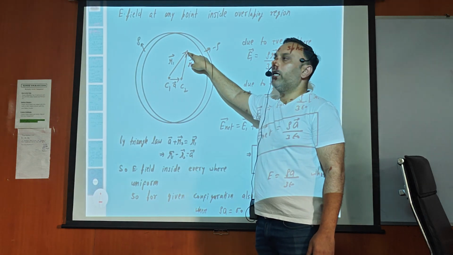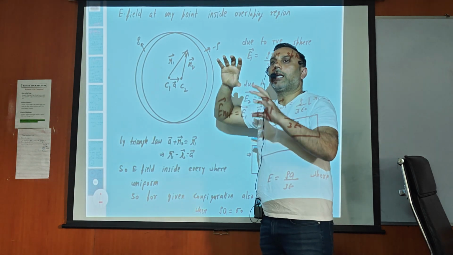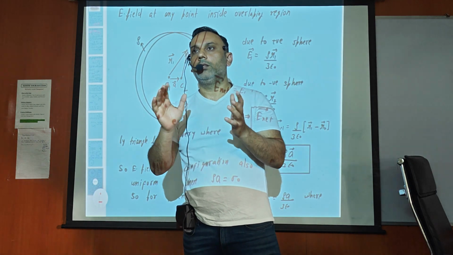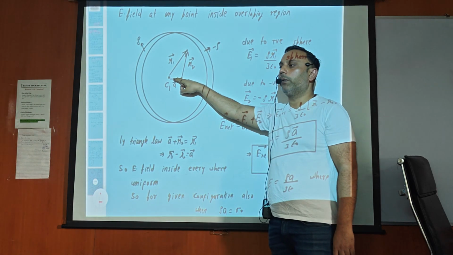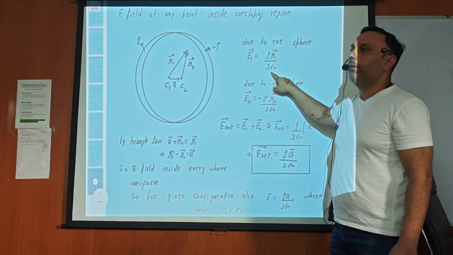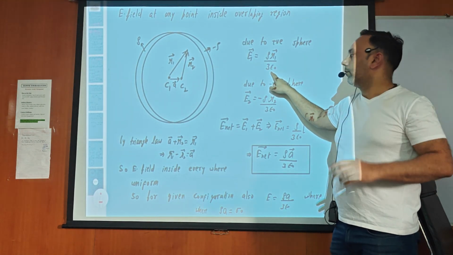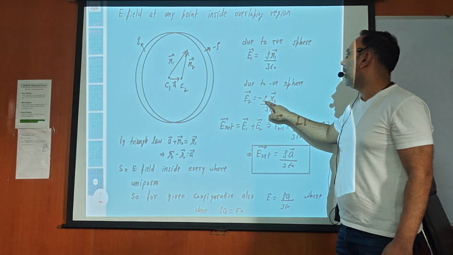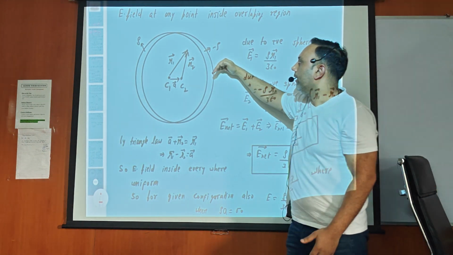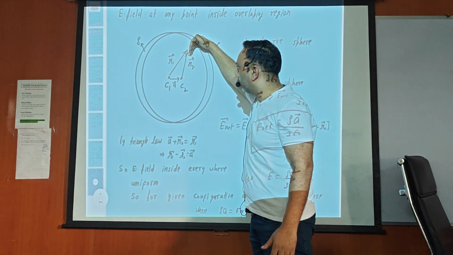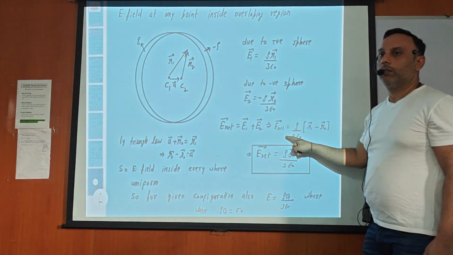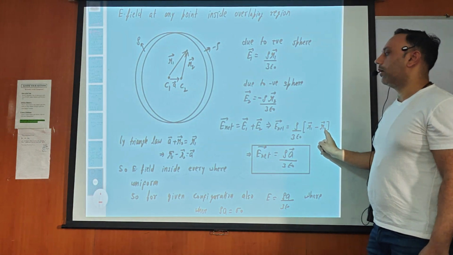Okay. So at any random point I want the electric field. Inside a uniformly charged solid sphere, the electric field formula is rho r by 3 epsilon naught. Yes or no? If you remember, right? So rho r1 by 3 epsilon naught is the electric field due to the positively charged sphere. Due to the negatively charged sphere, the electric field is minus rho r2 by 3 epsilon naught. Why minus? Negative charge field is towards the center. Right? That is the r2 vector, it should be opposite. Now I want their vector addition. So rho by 3 epsilon naught times (r1 minus r2).